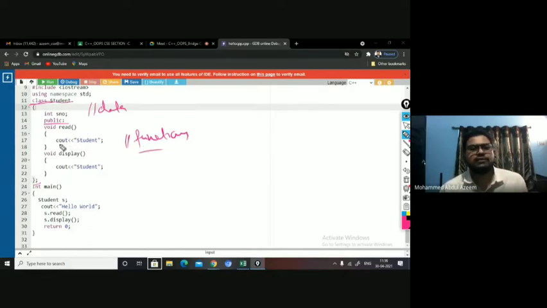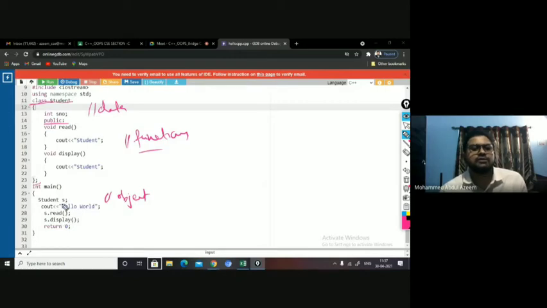The advantage of having the public mode is you can access these things through the object. Yes or no? You can see in int main, in the main function, I have created an instance of this class, Student space s. This is the object, S is the object here. Now you can invoke all the functions, since they are declared under public mode, through the object.